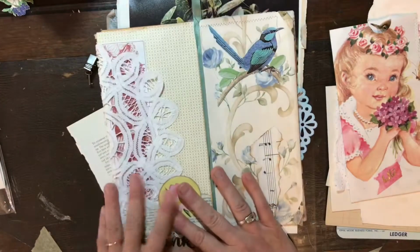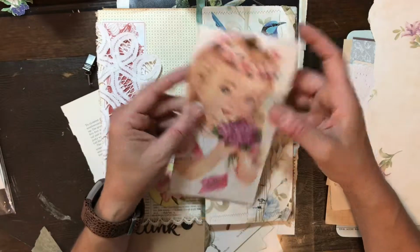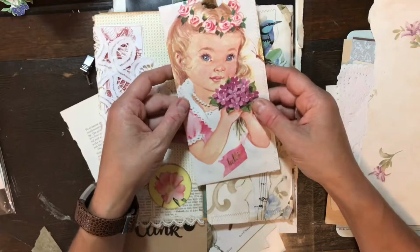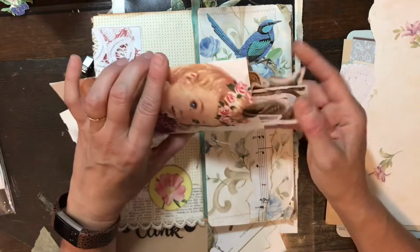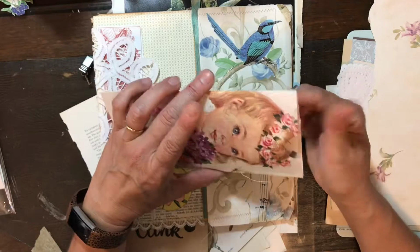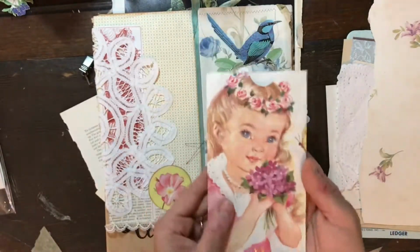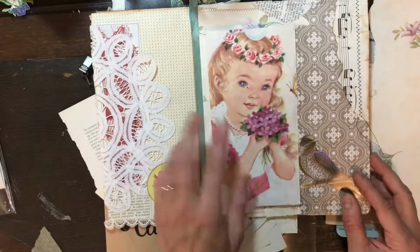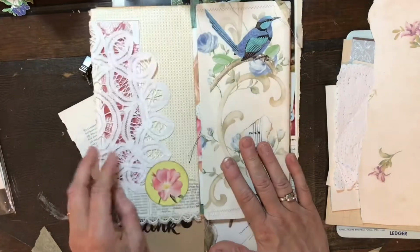So now I have this little folder that I had started for her a while ago. It's from a vintage book page, and I had found a bird book, and she had said she was interested in, like, I asked if anybody needed some birds, and she said she did. So I cut a bunch of fussy cuts. This is full of fussy cut birds. So this would be easy to just place right in there. See, it'll fold right over,